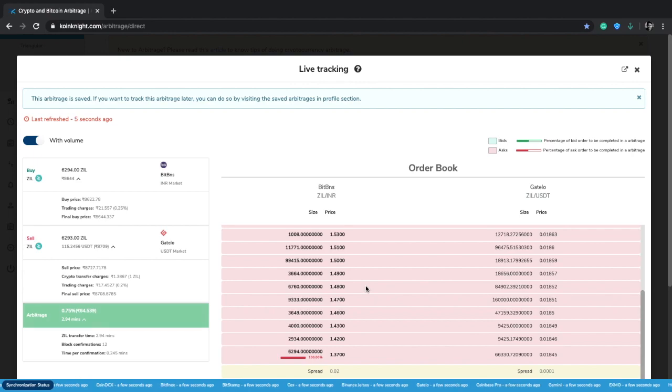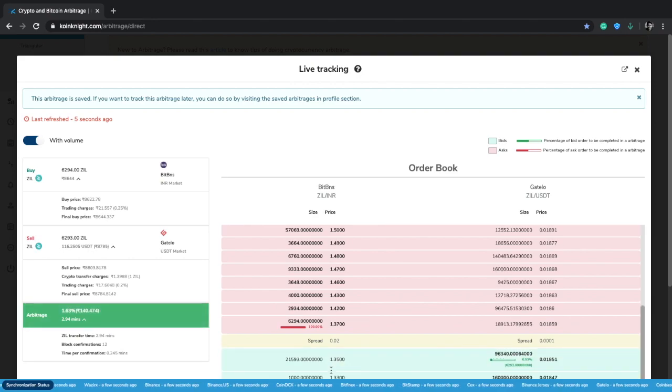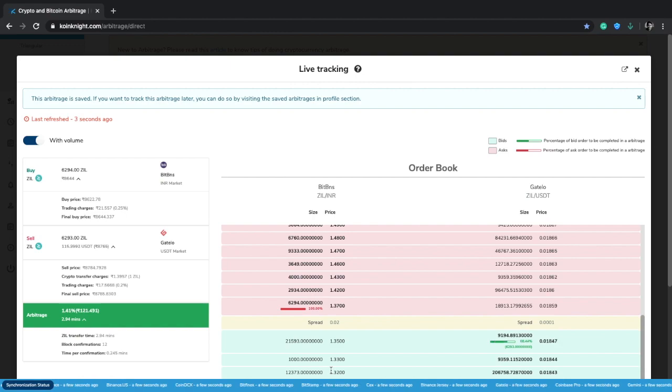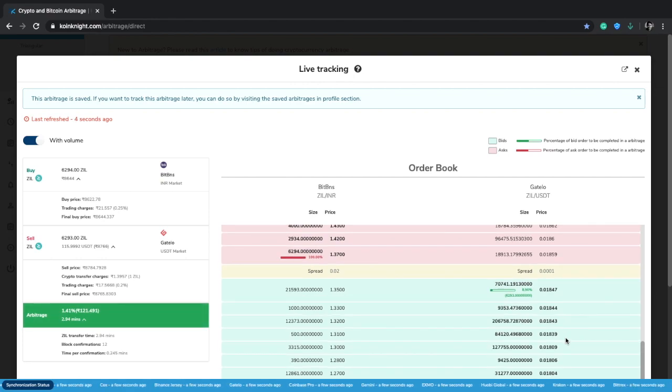Now, if we have an option that shows arbitrage considering the order book depth, then why in the first place do we show arbitrages without considering the order book? The use case of it is that some of the users don't want to complete the arbitrage immediately, but are ready to wait for some more time so that they can place their sell order at the max bid, and that will be irrespective of the volume present. They want to see the arbitrage calculation without considering the volume. This strategy is highly helpful in arbitrages which have a very low order book volume.